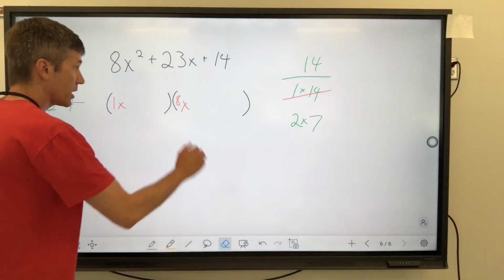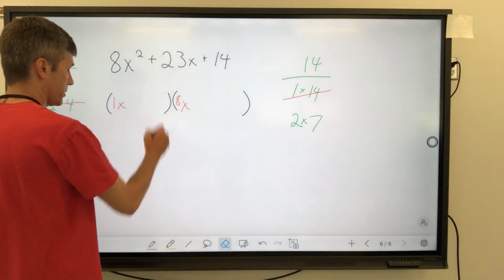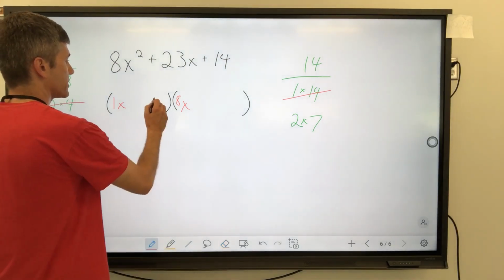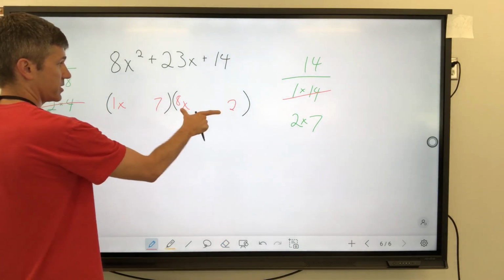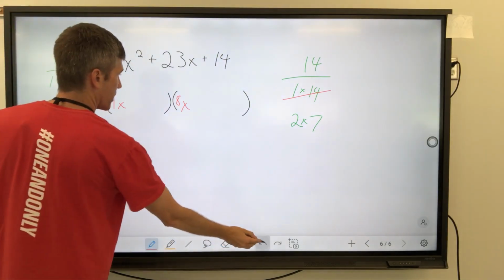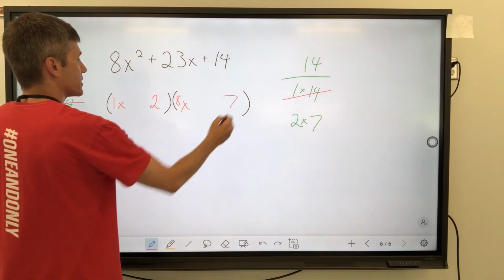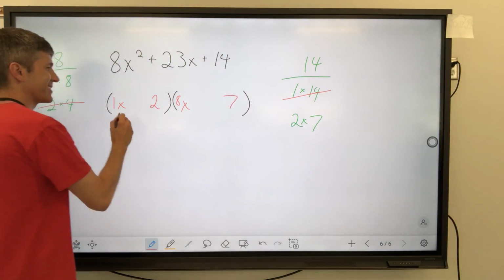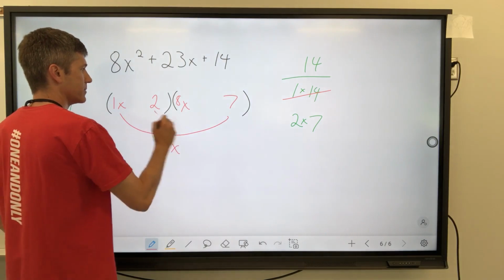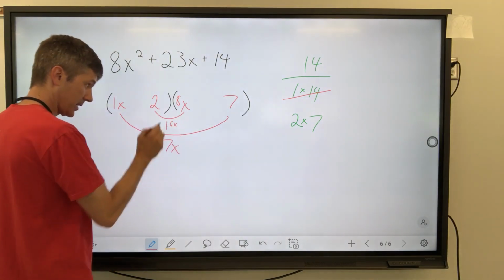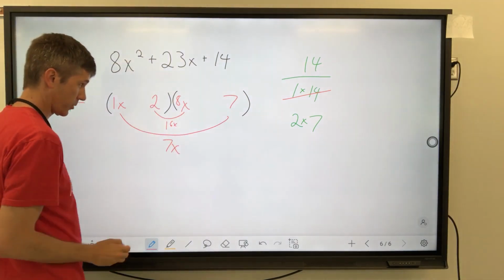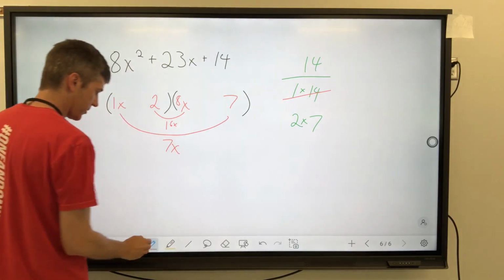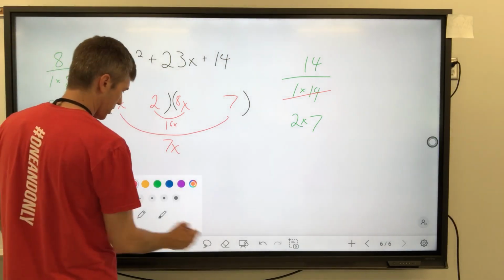Okay. First of all, let's not do 7 and 2 because of the GCF situation in these parentheses. But we will do 2 and 7, and this is going to work. Check it out. 7x, 16x, 16 plus 7 is the 23 that I wanted. So let's change everything to